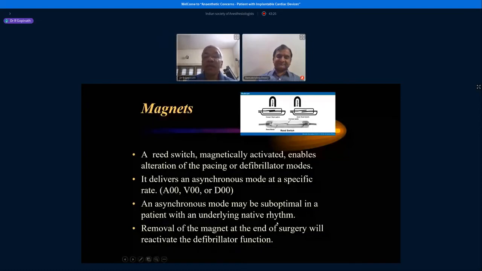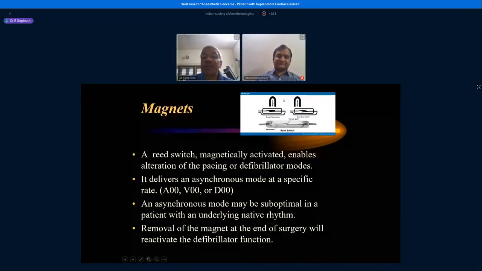For that you need to understand that there is something called a reed switch. The reed switch is basically two magnetic strips with cantilever function, based in a small glass capsule. It is an open system, or the reed switch is left in an open configuration. In this configuration, there is no contact between the two, which means the device can go into all kinds of pacing programmability that it is meant for.